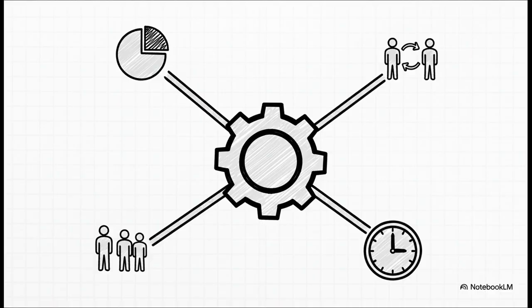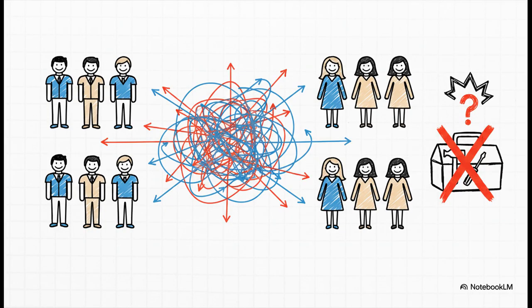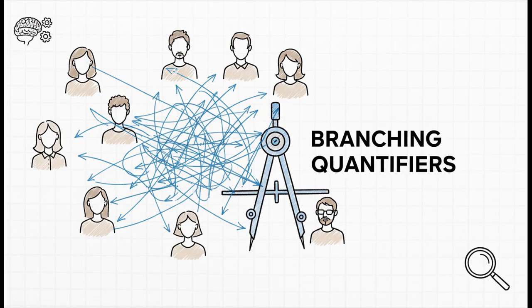It's all connected. So check this out. Here's a sentence that would make classical logic just throw up its hands and quit. Most men and most women admire each other. Think about that. It's a really complex web of interactions, right? The most men and most women aren't in a simple straight line. They kind of branch out and connect through that admire each other part. But with GQ theory, no problem. It gives us the exact tool we need for the job. In this case, it's something called branching quantifiers, and this lets us formally map out that complicated two-way relationship and capture the sentence's precise meaning. It's a level of detail that was just impossible before.